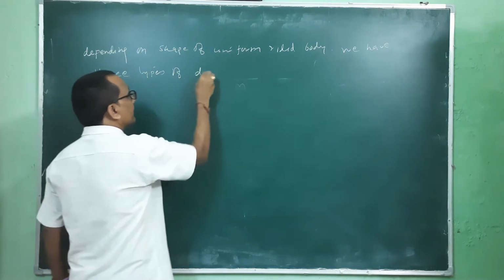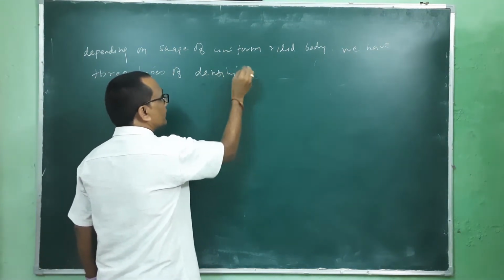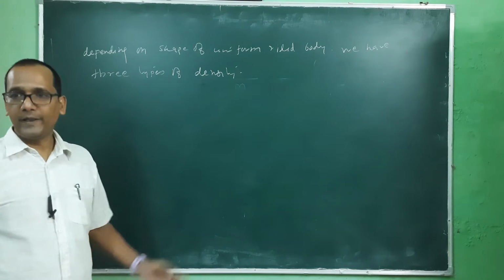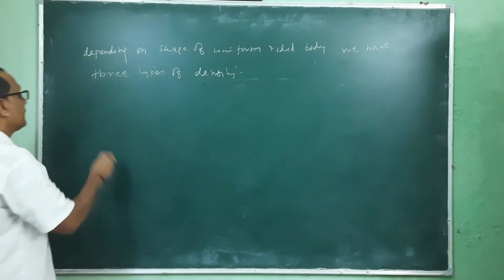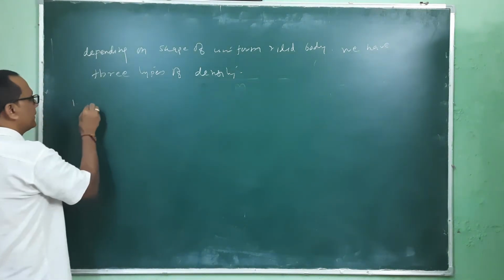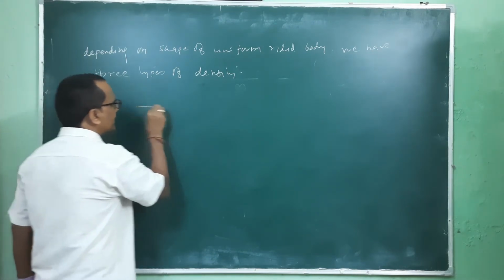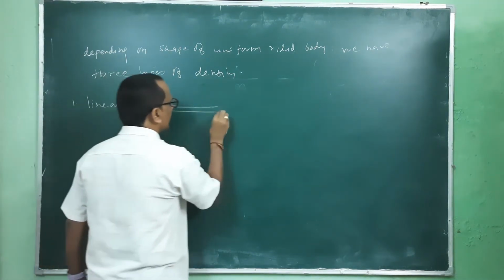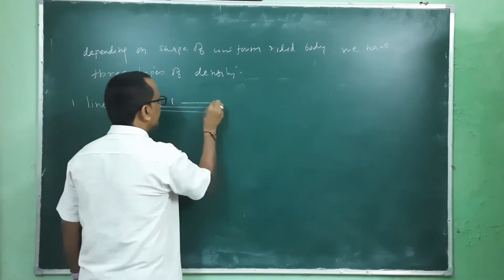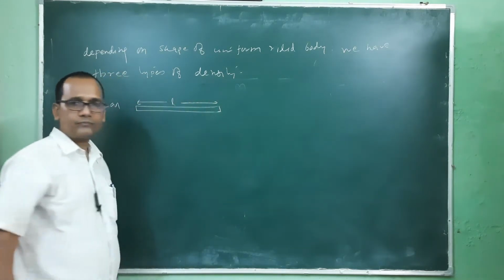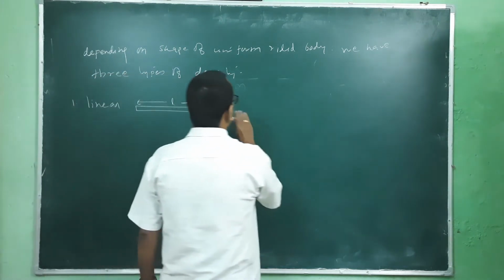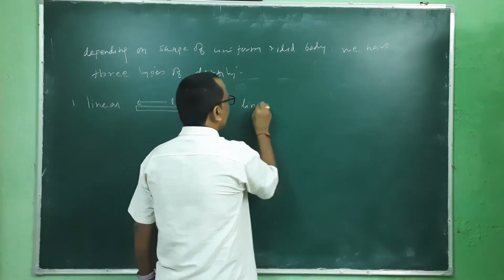Three types of density we will use in calculation depending on the type of body. First, if the body is linear, meaning it is just a rod and the length is given, then the linear density,